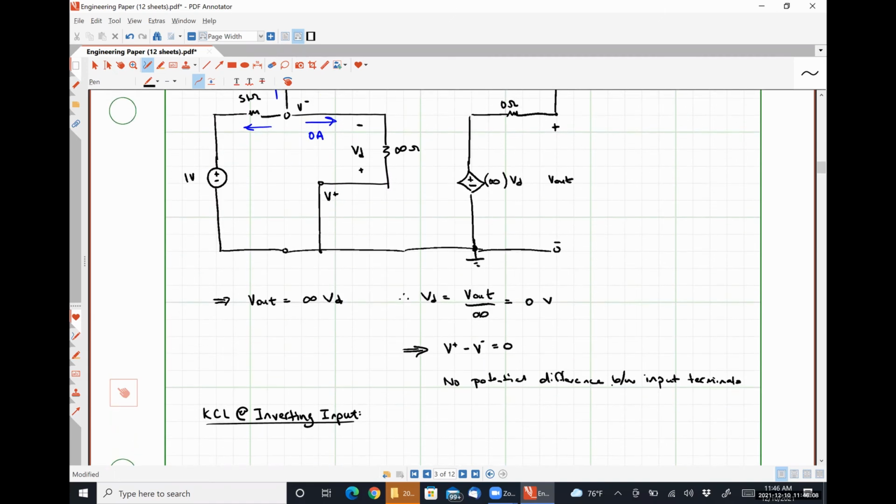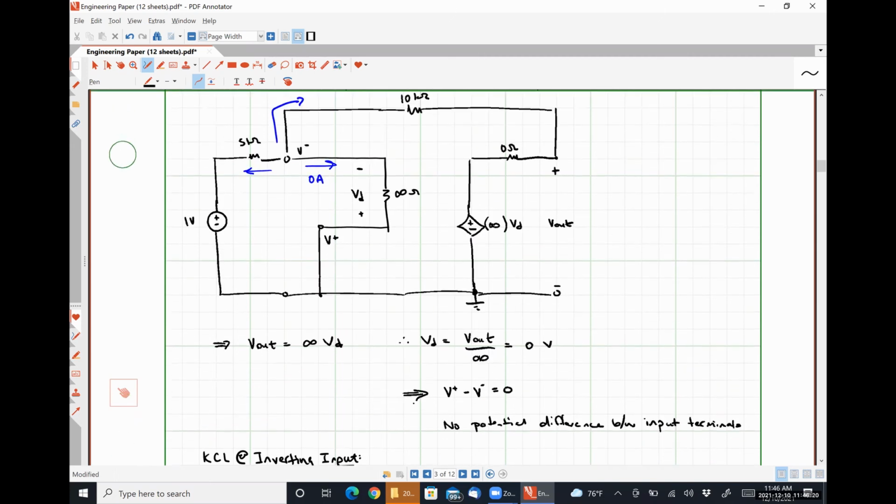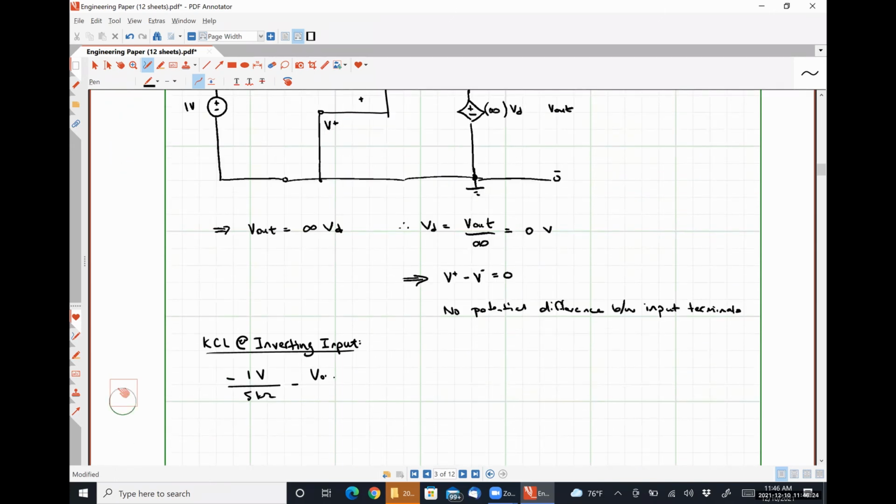So we're going to have negative 1 volt divided by 5 kiloohms minus V out divided by 10 kiloohms plus 0 is equal to 0, where this plus 0 is from